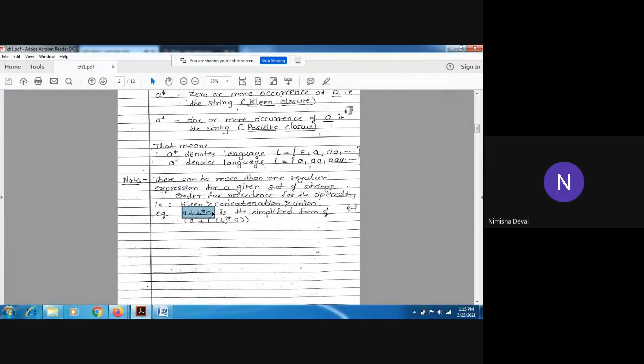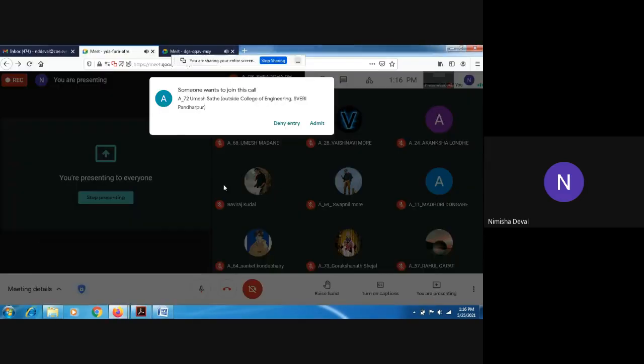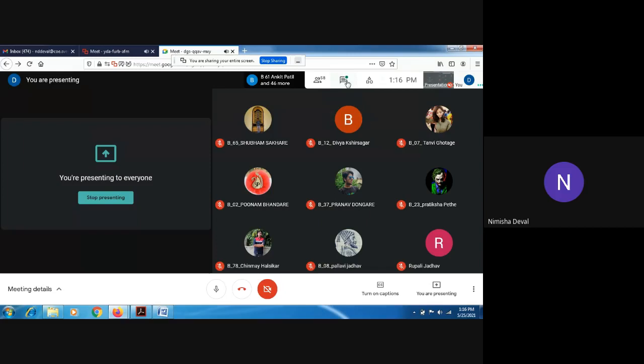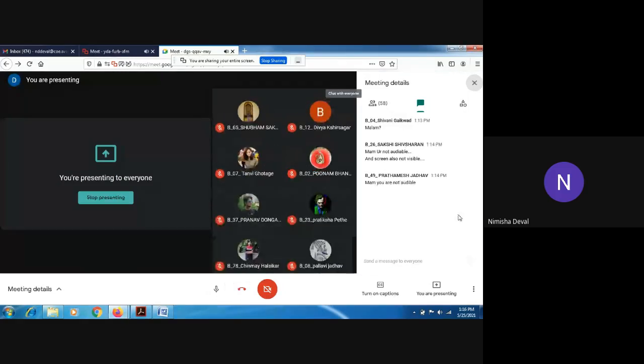For example, for giving the precedence I have taken this one: a plus b star c. Here, Kleene closure has more precedence, so we will consider b star first. You can see here, I have written it in brackets. Then concatenation is there, so we will consider this part, b star c, next. And afterwards union, that is, a plus b star c, we will consider. So this is the precedence format. So whenever you see the regular expression and whenever you want to